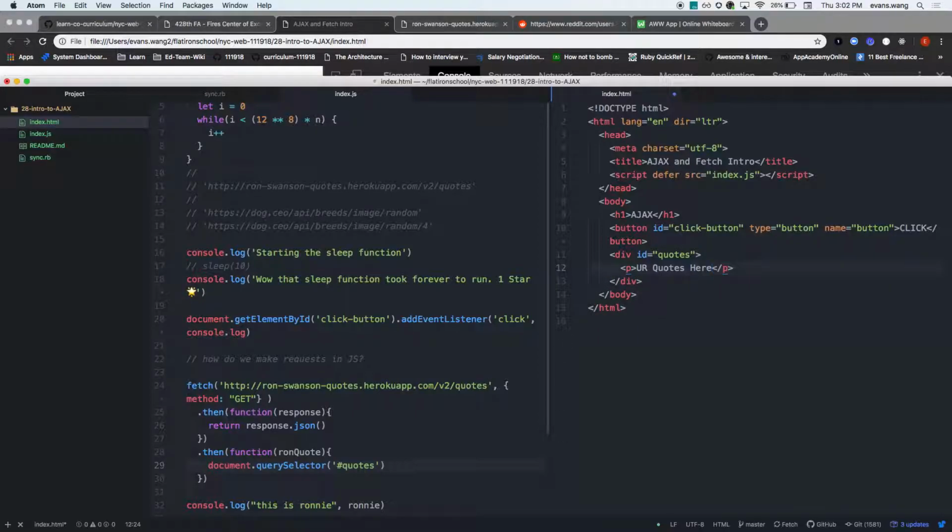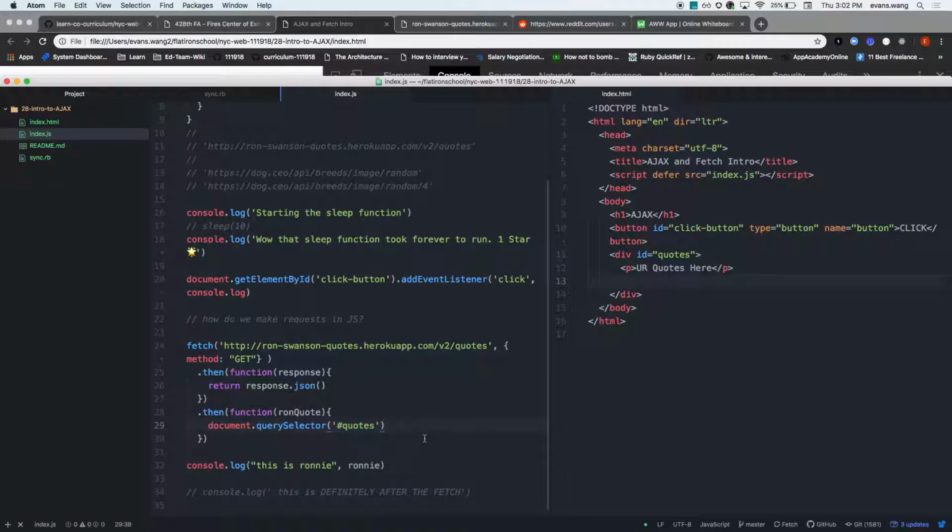All right. Are there any questions about nesting it inside the P tag versus nesting it under the div, and how that could be really weird and tricky? No problem. If I append it to quotes, it will be a child of quotes. If I append it to the P tag, it will be a child of the P tag. I do not want it as a child of the P tag, so I want to make sure I append it to quotes. Cool? Does that make sense? Great. So, that's not going to work. So I have this here, and then what I want to do,